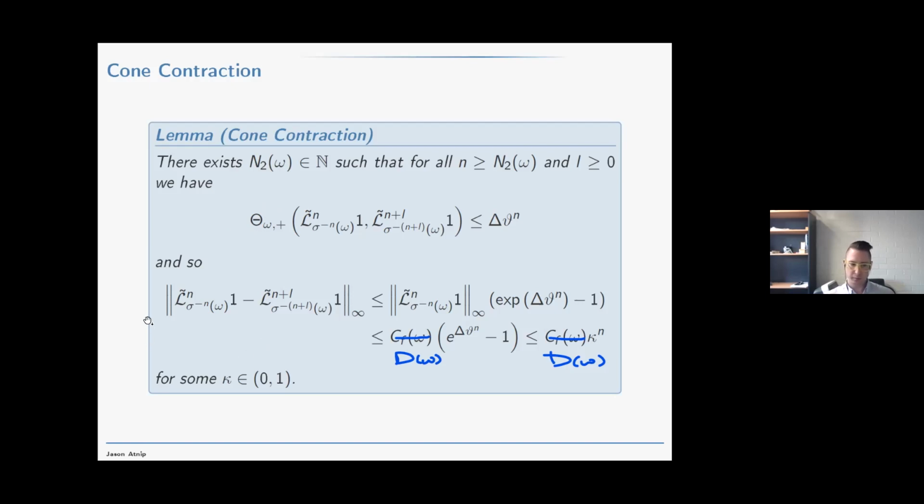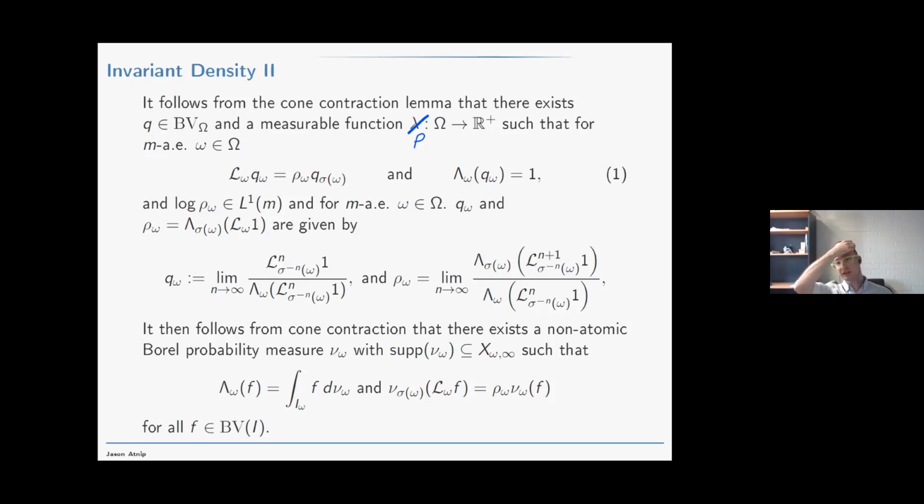And then using the result from Liverani, Saussol, and Vaienti, we can translate that exponential decay in the theta plus Hilbert metric to the sup norm, so that our sup norm of L^n of 1 is converging in our Cauchy sequence exponentially quickly. So what all of this tells us is that there must exist some Q omega in the C omega plus cone. Okay, so what that means is there's some function Q in the BV omega space,